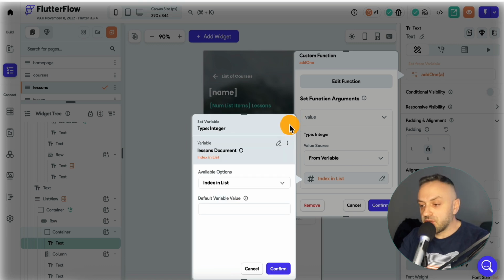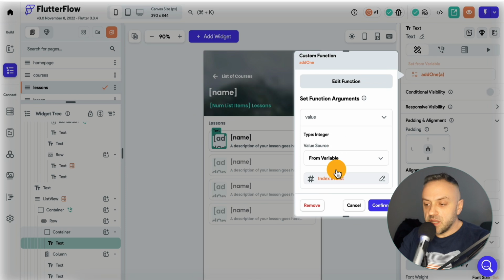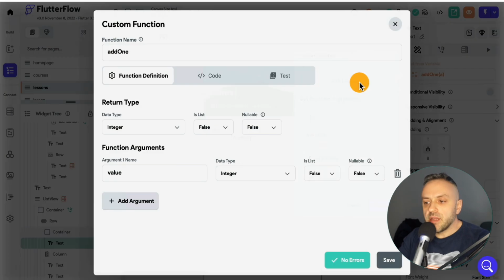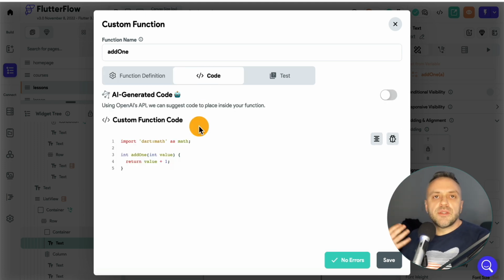And that was very nice of FlutterFlow to do for us, because believe me, I've used many, many tools where you're not given this capability. You're not given this ability to get just the index. And so we have a function where we are expecting an integer and we are returning an integer, okay? And that gives us the best of both worlds, because all we need to do is say return value plus 1. So we're just incrementing it by 1, okay?